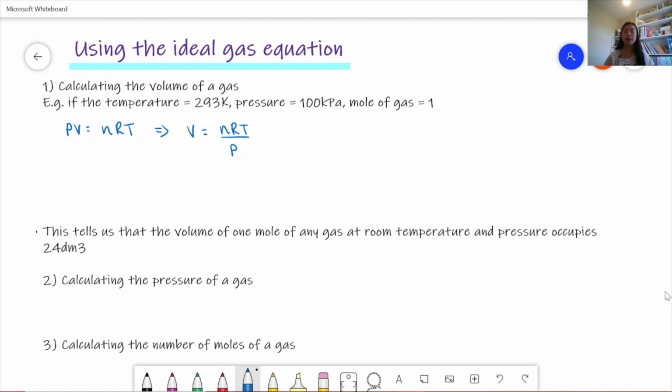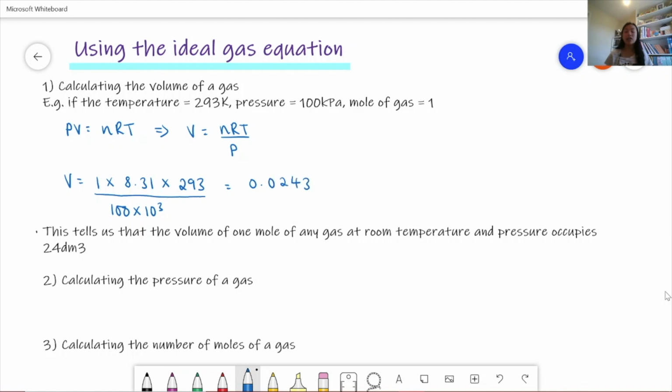And so now we just plug the numbers in. So we have V is equal to 1 times, and then R will be given to us. So this is 8.31 usually. And then we multiply by the temperature, which is 293. And then we divide by pressure. And now we need to remember that the pressure has to be measured in pascals. And so we have to convert this kilopascals to pascals. So we have to times it by 10 to the 3. So we have 100 times 10 to the power of 3. And so that gives us the pressure in pascals. So this gives us